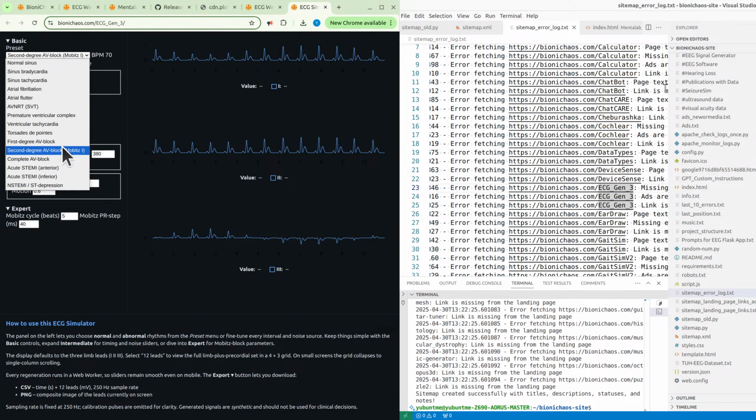There should also be Mobitz 2 as well as 1. But from memory, we didn't do it because it's getting way too complicated.